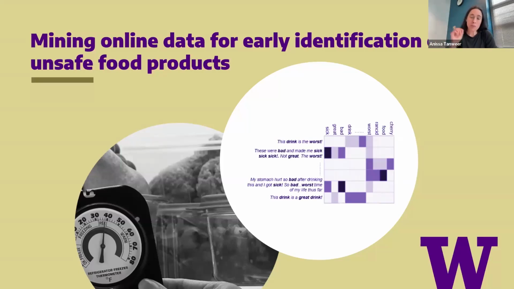So this project was using text mining and machine learning on reviews of food, a previously untapped data source for that purpose, to see if they could detect foodborne illness earlier than more conventional epidemiological methods could. And so this was very exploratory work on the front end of a brand new applied research area.